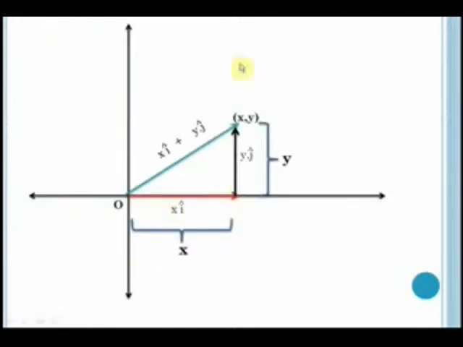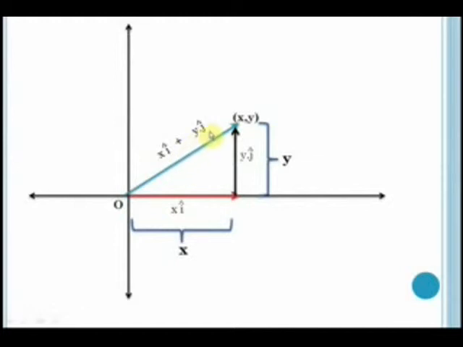So we can visualize it this way. If this is the point P, which is (x, y), then this vector would be x times i cap. The magnitude of this vector is x. Similarly, this vector could be y times j cap, where j cap is the unit vector along the y-axis, and the magnitude of this vector is y. Thus this vector would be equal to the resultant of these two vectors, which is x times i cap plus